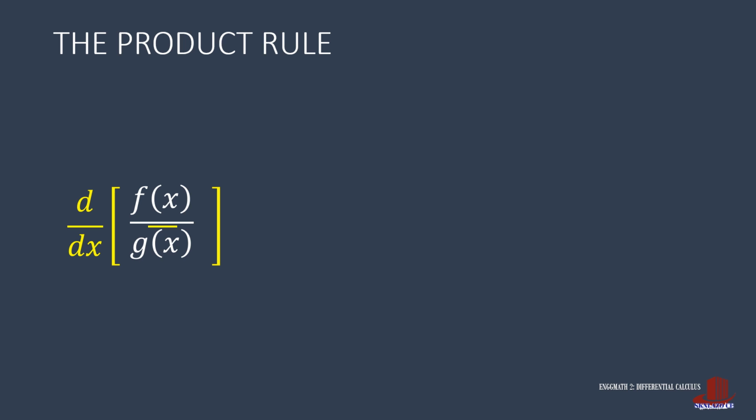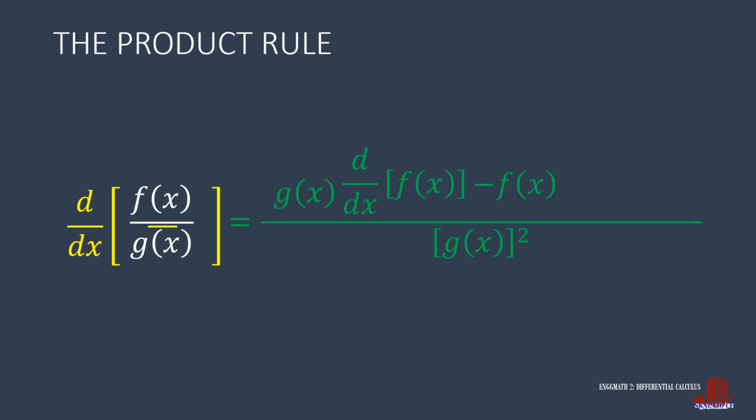Before diving into the examples, let's review the pattern when using the quotient rule. Say there are two functions given as f of x divided by the other, g of x. The derivative of this ratio follows the pattern having the square of the denominator as the denominator. The numerator is a little bit longer. It contains the lower term times the derivative of the upper term. Then, subtract from here the product of the upper term times the derivative of the lower term.